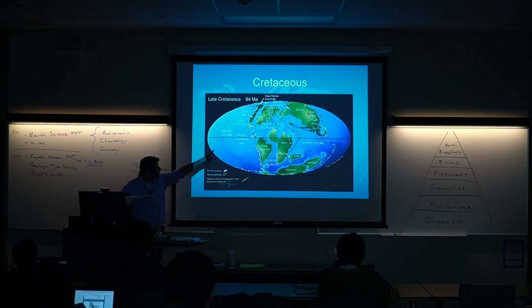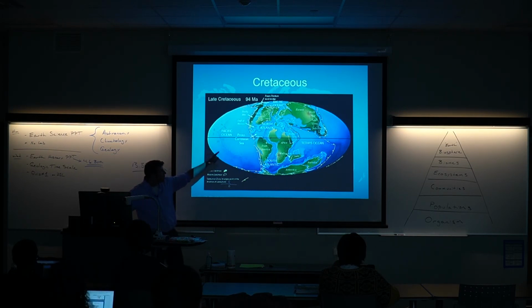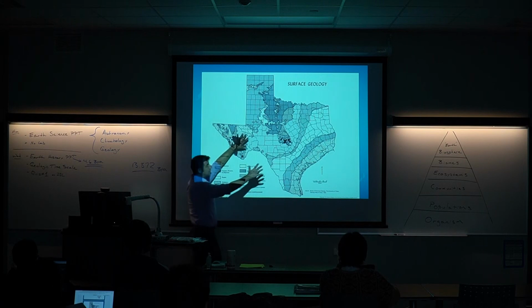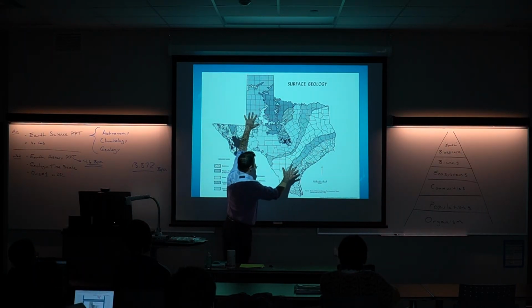But look over here. You can see the Rocky Mountain chain, which is a newer mountain chain than the Appalachian Mountain chains. This is basically on its way up. And it's been rising ever since about 70 million years ago. If we could imagine this mountain chain getting higher and higher into the atmosphere, what it starts to do is it starts to tilt Texas kind of in this direction where the panhandle is higher elevation than everything down here